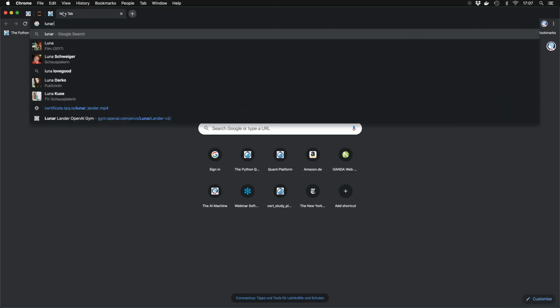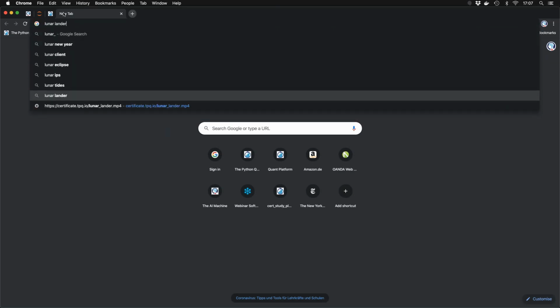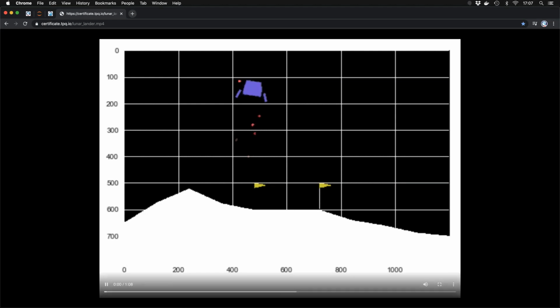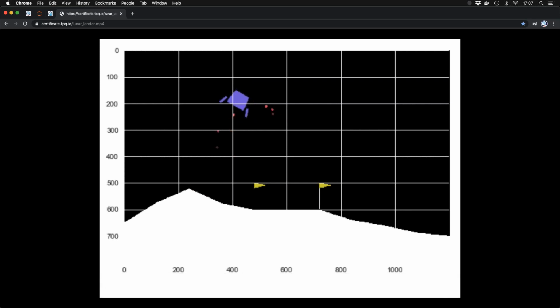Let me check, there's a video that I've hosted and I've sent you the link, and you see it here running. This is with a Q-learning agent that I've trained. It's not the best performing in the world, but you see the Lunar Lander now doing its work. It takes a little while. It's a little bit wobbly.